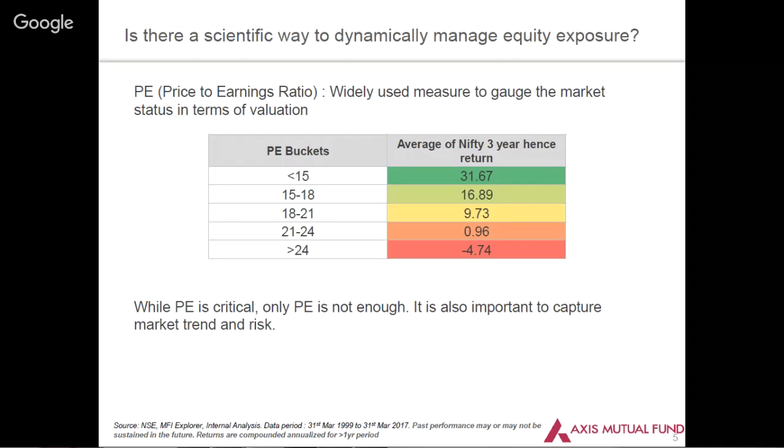The third question is how has been the experience of dynamic strategies? Do we have any data about it? We can talk about the Axis product. While it is a new launch for us, as we are launching that product this month, because this is a quantitative model, we do have some backtest done of these products over the last 16-17 years, which allows us to look at how these products can work.